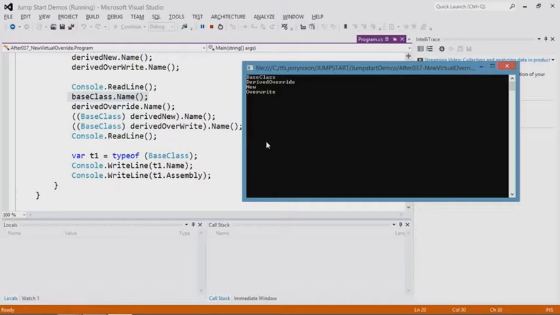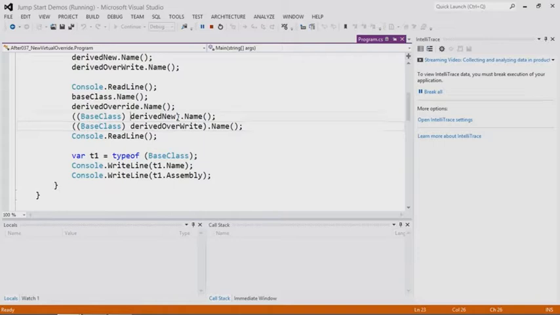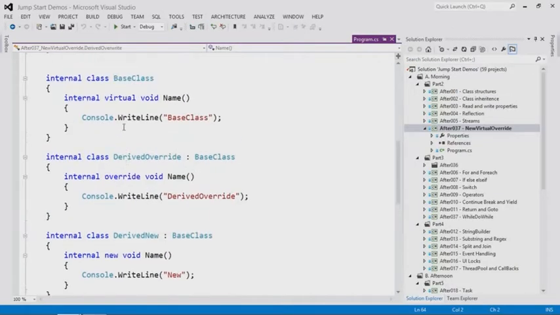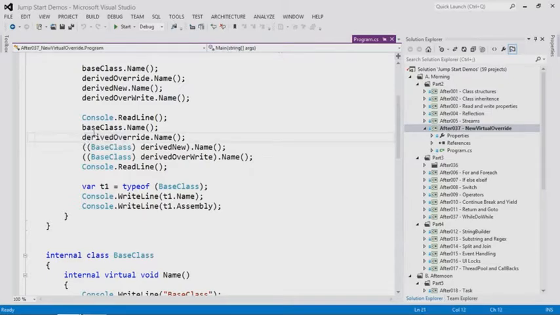Actually, why don't you cast derived override to a base class as well? All right, let's do them all. So they all go back. Oh, here we are. How finicky it is. You can't change code whilst it's running. Well, yeah, right. Okay. So